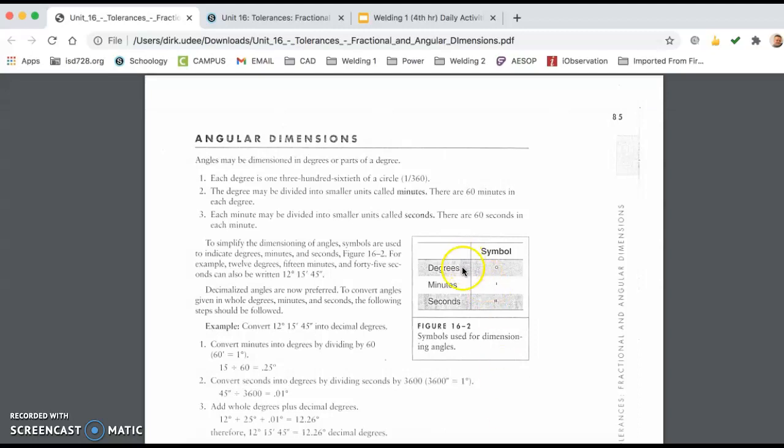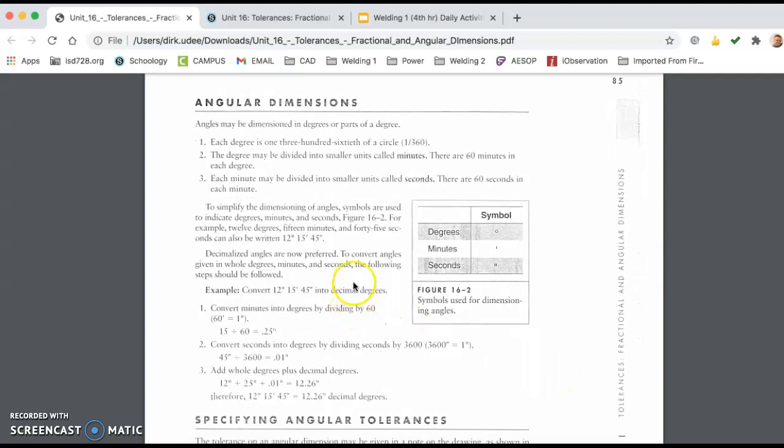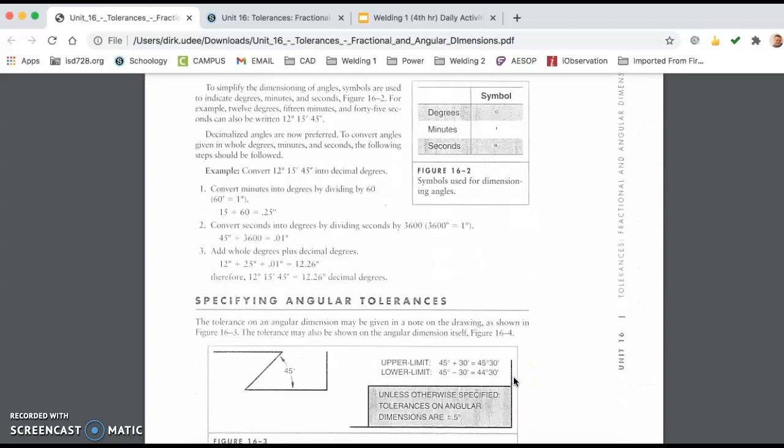So we have our degrees, our minutes, and our seconds. We've talked about reducing. We've shown you how to convert and reduce these down. Now, I'm not going to have you convert these to decimal degrees. There's just no purpose for our application right now. Yet you should be able to figure out your